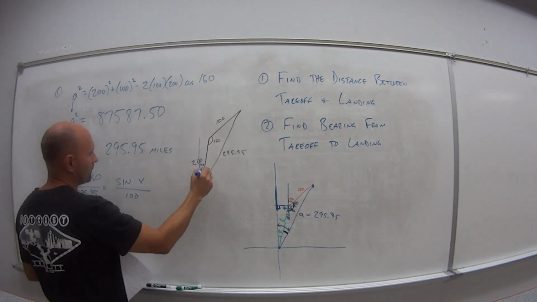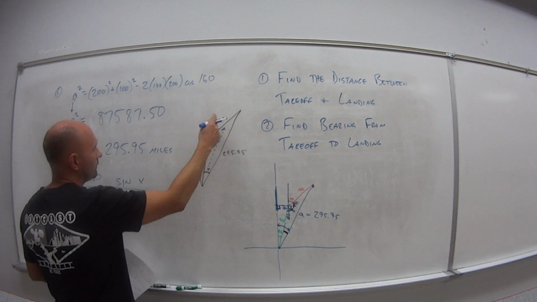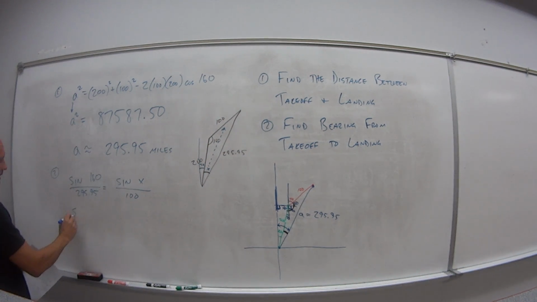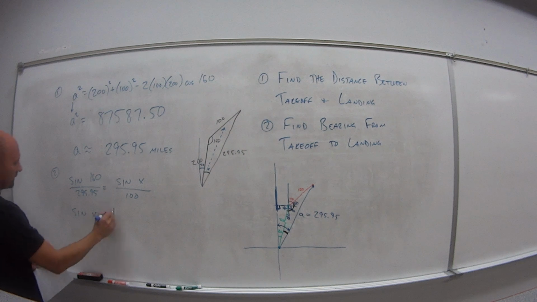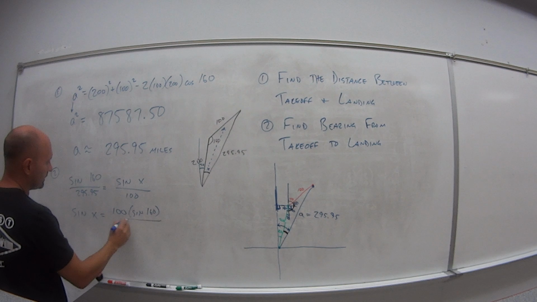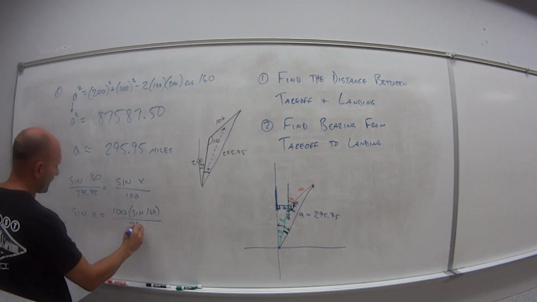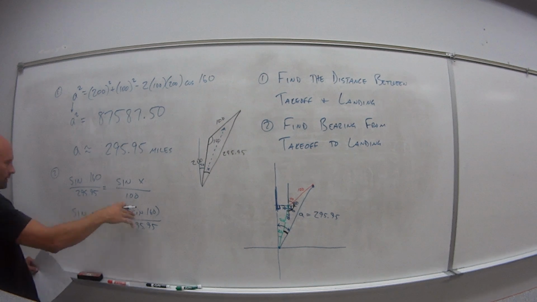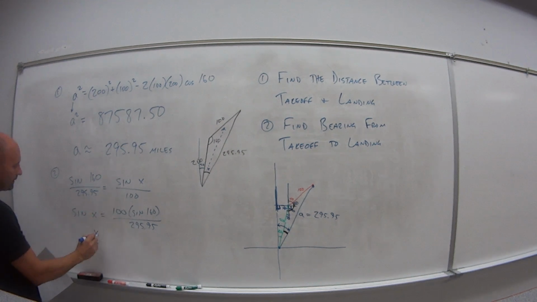So the length opposite this one is this side here, the 100. So if I multiply both sides by 100, I end up with sine of x is equal to 100 times sine of 160 over 295.95. So if I calculate this, do inverse sine, I get that x is approximately